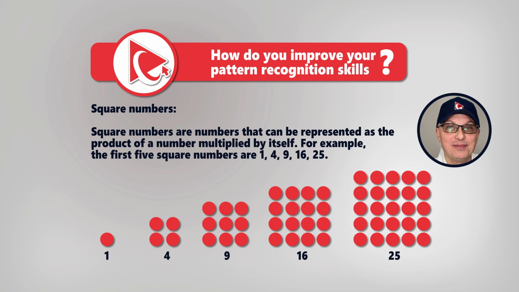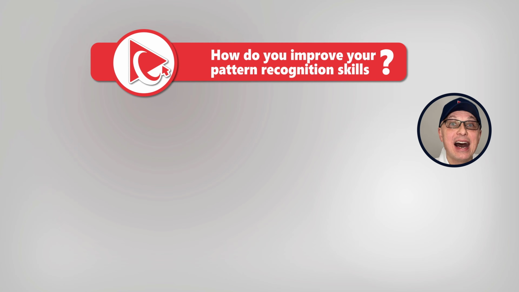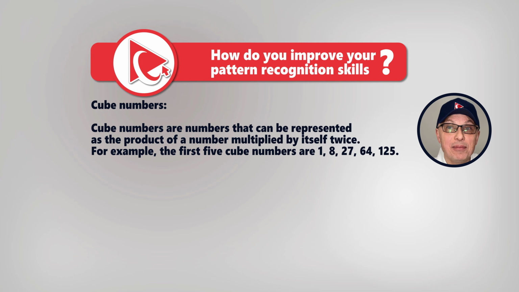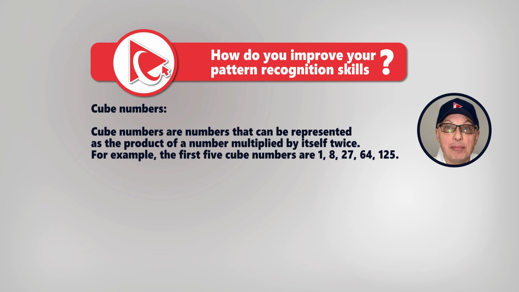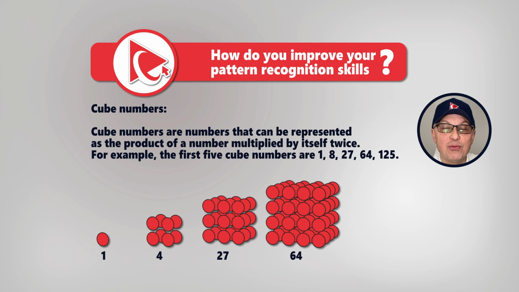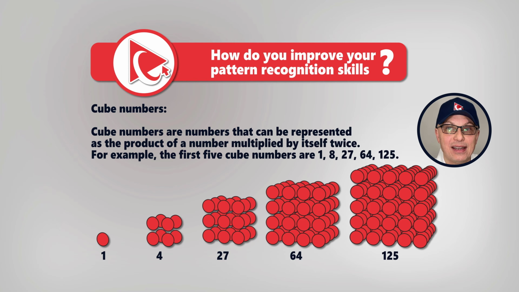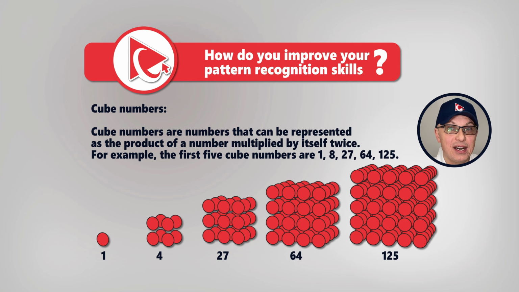is 25. And last but not least on my list are cube numbers. Cube numbers are numbers that can be represented as a product of a number multiplied by itself twice. For example, the first 5 cube numbers are 1, 8, 27, 64, and 125. Because 1 cube is 1, 2 cube is 8, 3 cube is 27, 4 cube is 64, and 5 cube